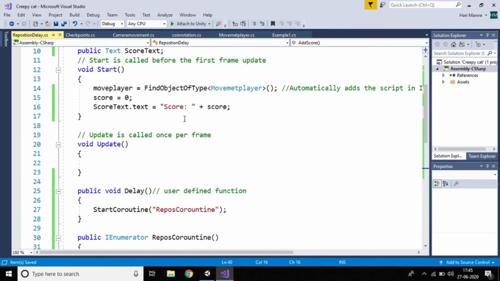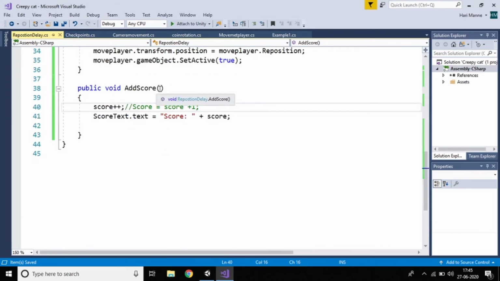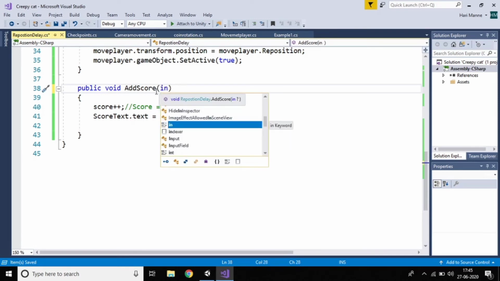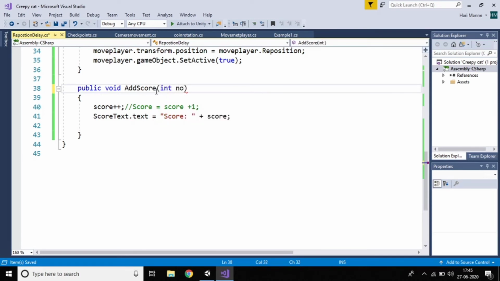For that I want to take a variable, which is the number of coins. No need to do that, just pass a parameter in the AddScore function, int numberOfCoins. It's better to write it that way, since we are assigning the variable number of coins.